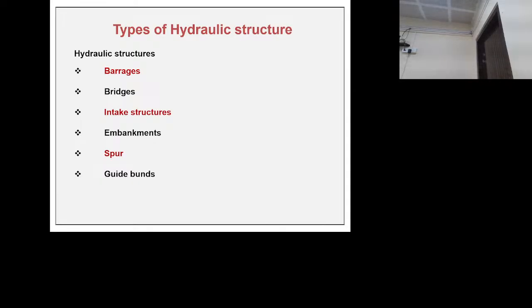These guide bunds guide the flow from upstream, and the whole discharge passes through this waterway only. In the physical model, we study the total flow conditions after placing this bridge or barrage in the model, and by our naked eye we will see how